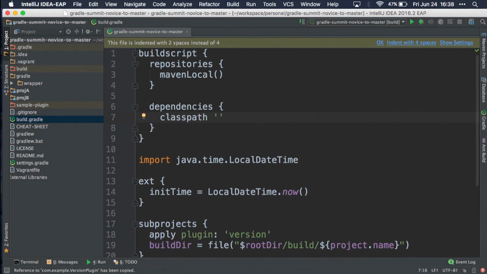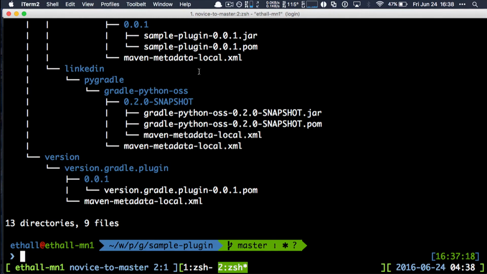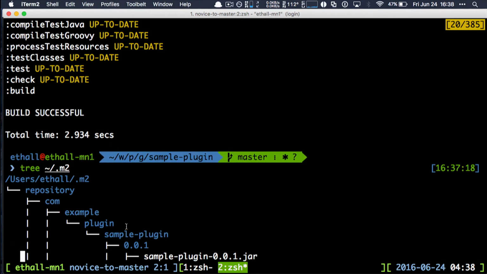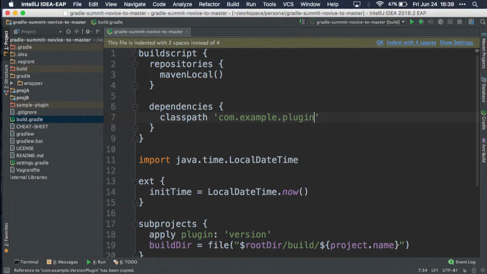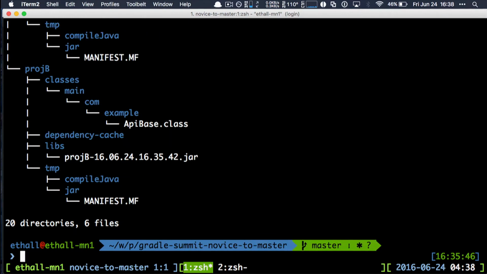So I'm adding something on the class path, and I think I called it com.example.plugins plugin. And I'm just going to use plus so we get the latest that's available. So now if I go back to the first project, so this is the project we originally started with, if I run gradlew build,